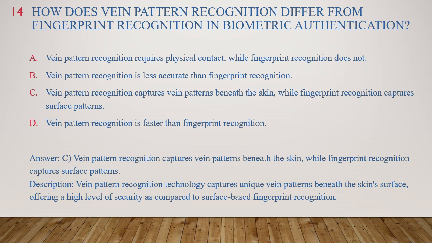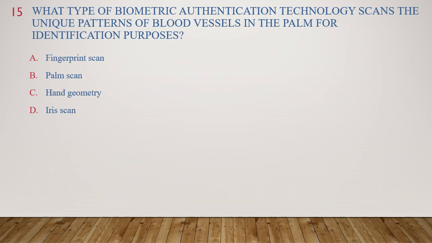Fingerprint recognition scans the ridges and valleys on the surface of the skin, typically on fingertips. More established and widely used technology, generally faster than vein pattern recognition. Can be affected by cuts, scars, dirt, or moisture on the skin, and more vulnerable to spoofing with fake fingerprints. Question number 15. What type of biometric authentication technology scans the unique patterns of blood vessels in the palm for